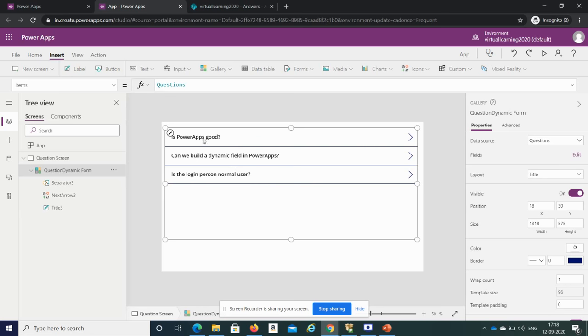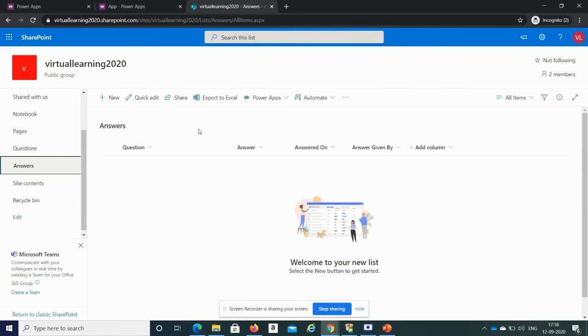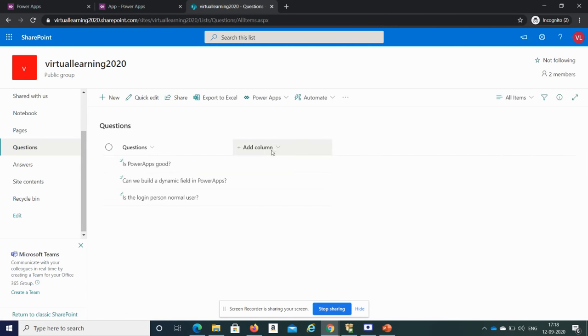Suppose I add one more column here in the questions, whether for this question the answer type will be a choice column, a text box, or something else.